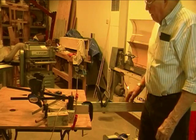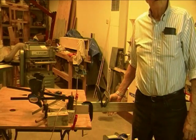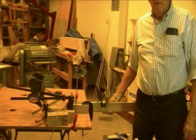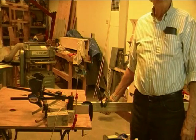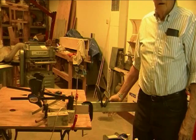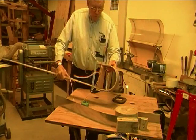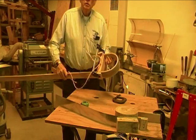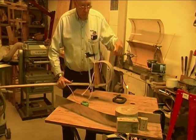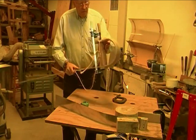If these don't work out adequately, I will have to start going back out to my fresh red oak pile, select some more material, and start all over jointing and planing and stuff again. So we'll see how this goes. I just removed my next piece from the form here, and I have it clamped up